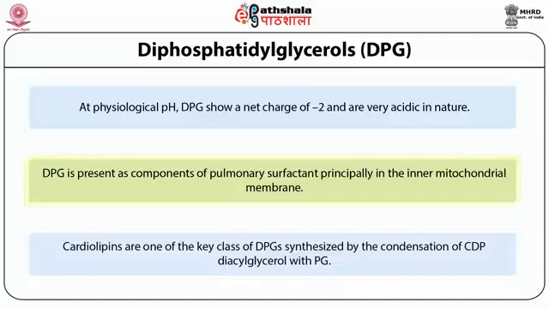Cardiolipins are one of the key classes of diphosphatidylglycerols, synthesized by the condensation of CDP-diacylglycerol with phosphatidylglycerol. At carbon 1 and carbon 2 positions of glycerol, the fatty acid allocation within the phospholipids is recurrently in flux